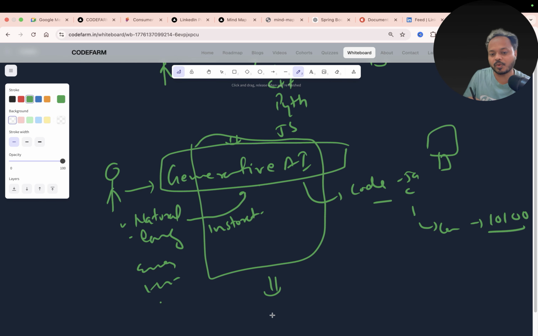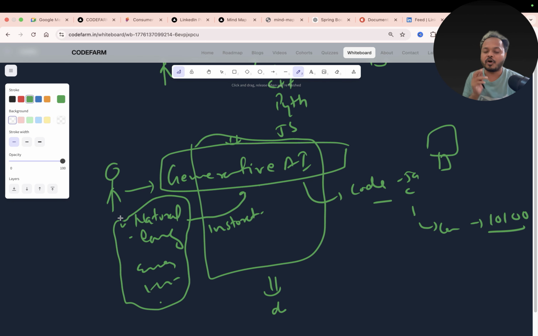So now what is the role of the developer? Should I learn Java, Python, JS languages, or should I learn my own language, like natural language? Because a form of communication, being able to explain something to the other person, is the first step to solve any problem. If we have to solve a big problem, we have to sit in a group and discuss it. During that discussion, how efficiently I'm able to communicate my problem to the other person and how well he is able to understand it, right?